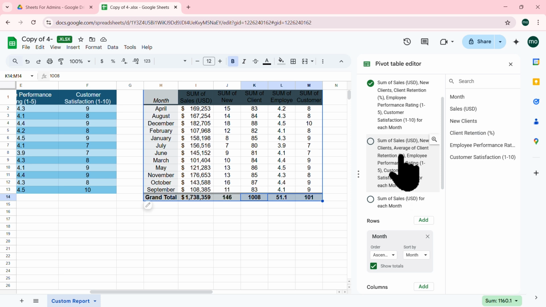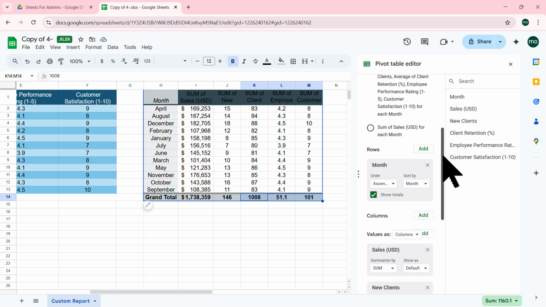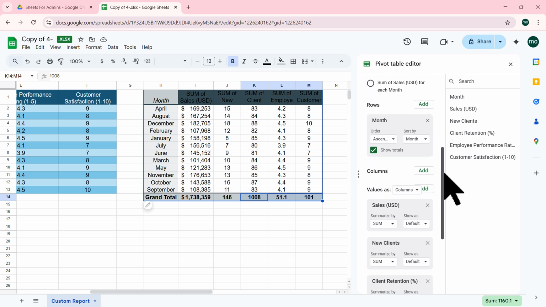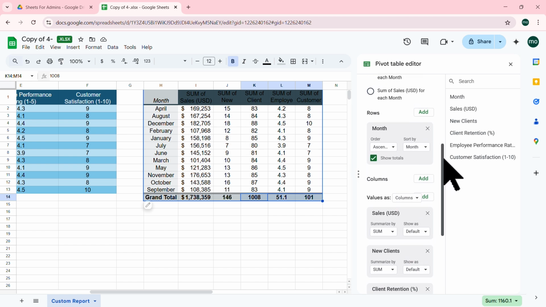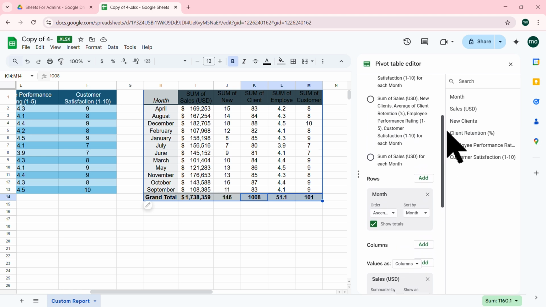Okay, that's fine. So we can leave it as is. What else can we do with this table? Well, I can choose, maybe I don't want to see all that detail. Maybe I just want to focus on the sum of sales and the new clients. Well, what I can do, if I scroll down, the way that this works is that